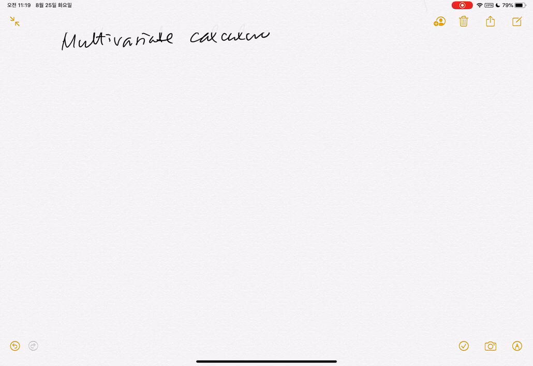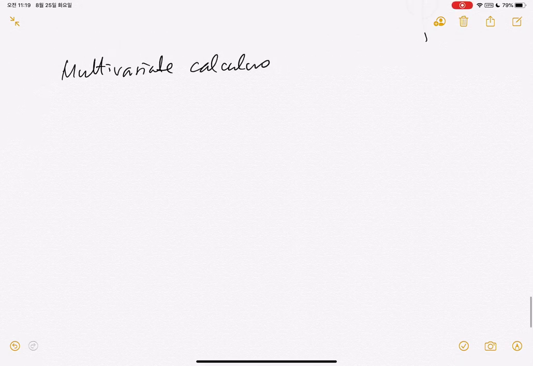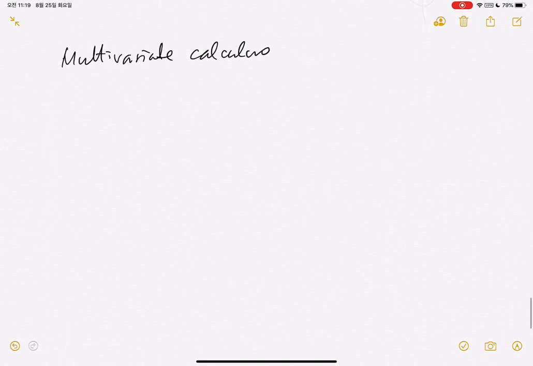Okay, the next topic is multivariate calculus. The reason why we are studying this part is because usually our estimation involves some kind of minimization or maximization. So let's just do some examples. For example,